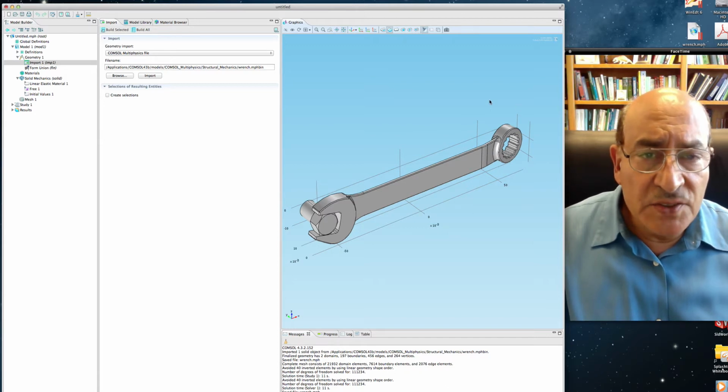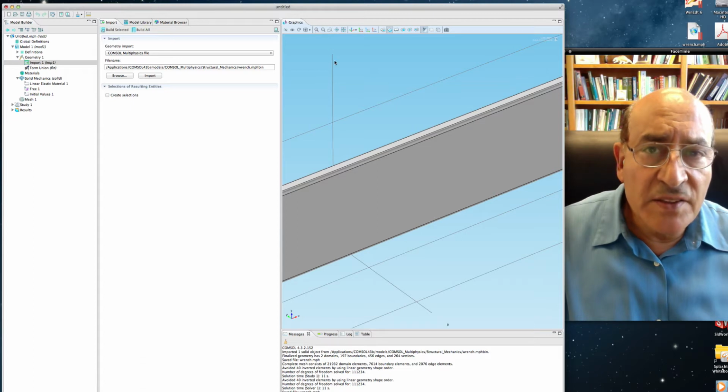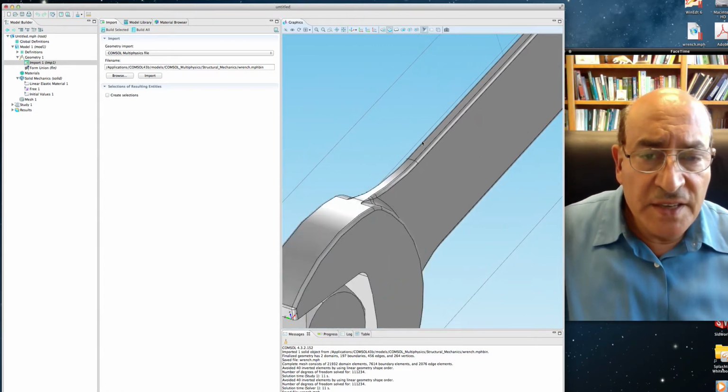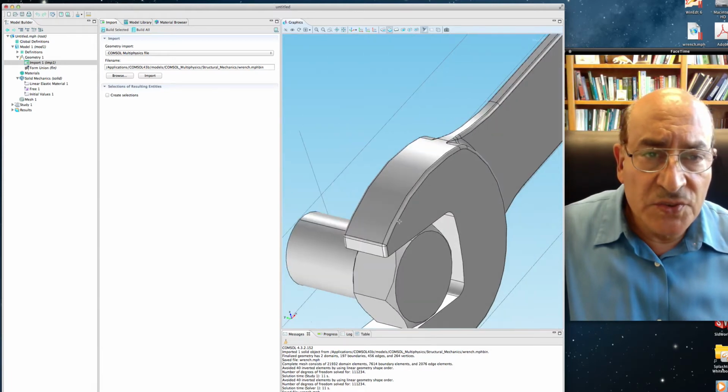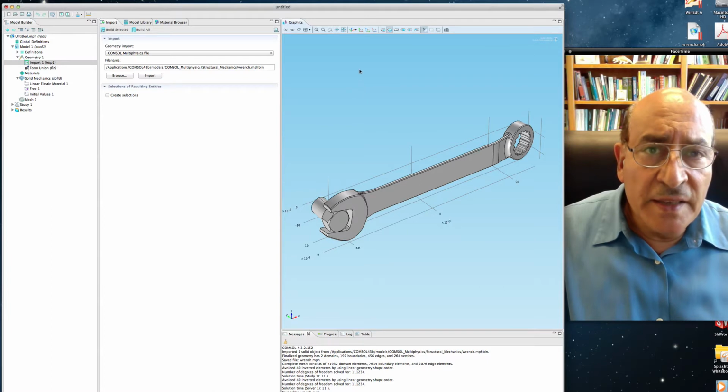If you have a good mouse that has a wheel in the middle, then by rolling the wheel you can actually zoom in and zoom out. I don't have that, so I can use another facility. There is a tab here that's called zoom in, so I can zoom in. Now the thing just went out of sight. Then I can drag it here. If I drag it, then I can just study the feature as it is moving, or rotate it and look at the different surfaces. Now I'm going to bring it back to where it was,